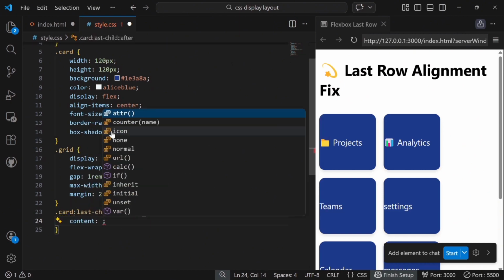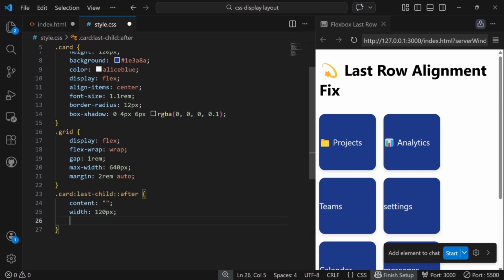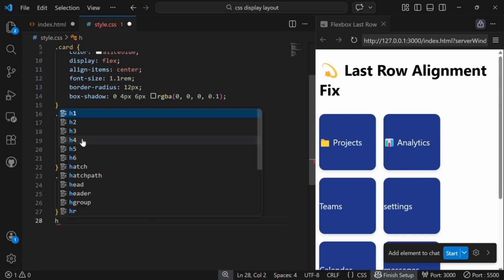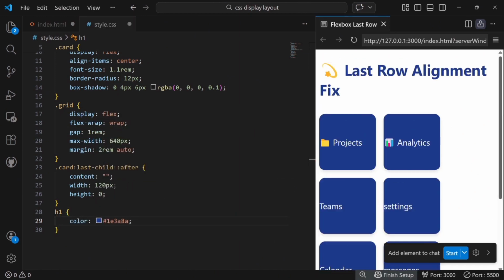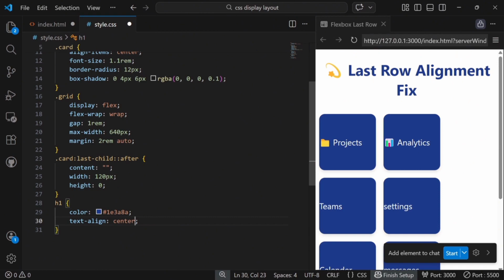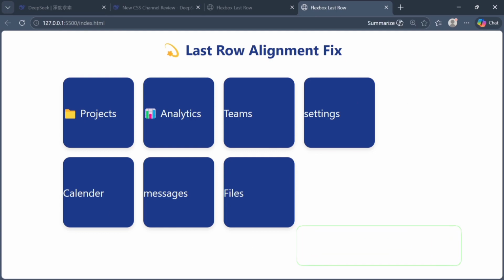Finally, we add the small trick that fixes the last row alignment. Using last-child::after, we insert an invisible element with the same width as a card. This helps balance the layout so the final row aligns properly. And that's the fix. Clean, perfectly aligned rows with just a tiny